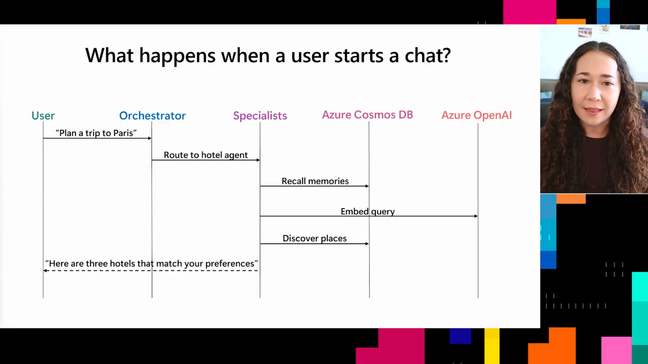The example we'll use today is a travel assistant, which is a multi-agent AI application that helps you plan personalized trips. One of the functionalities of our application is a chat feature. When a user wants to plan a trip, they can start a chat by saying something like, "Plan a trip to Paris." This first gets routed to our orchestrator agent, who then can pass the message to various specialist agents,